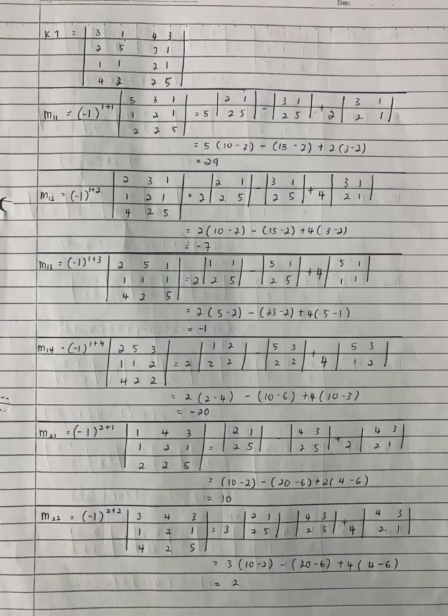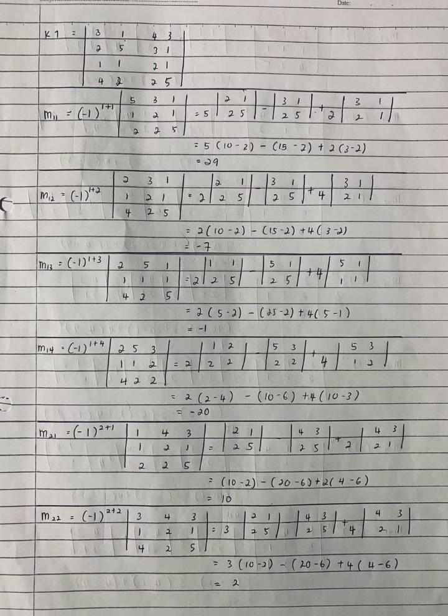First, let's find the secret message using K1. For K1, we will be using the adjoint method where we have to find the inverse. By doing so, first thing first, we have to find the determinant of this 4x4 matrix. In order to find the determinant, we have to find the cofactor matrix. First, we have to find M11 by deleting row 1 and column 1, and we will get the answer 531, 121, 225. And then we will find the determinant, which will be the answer for the position